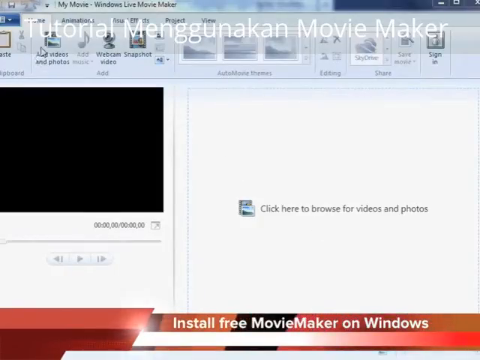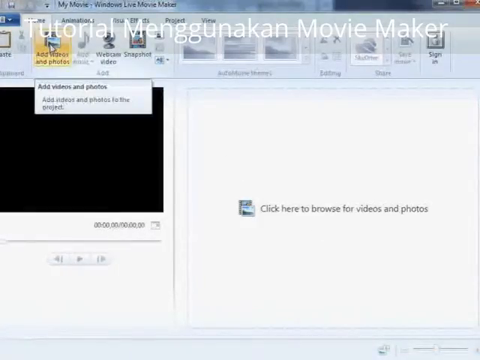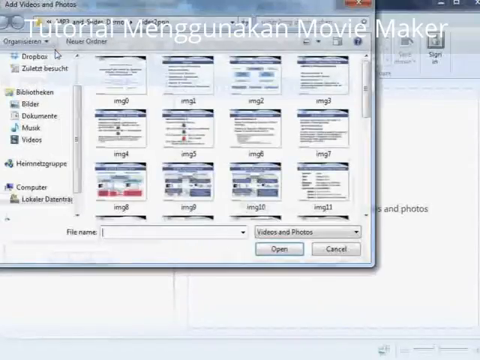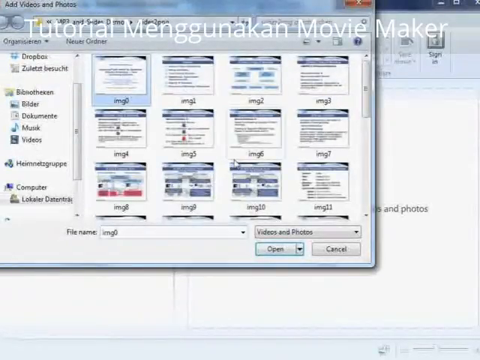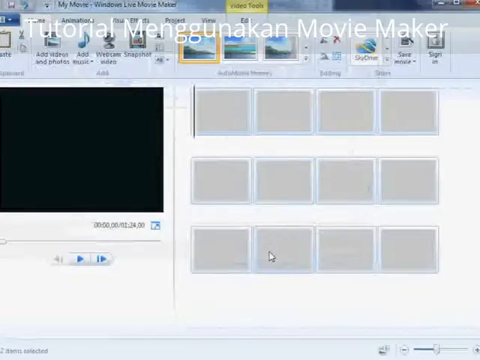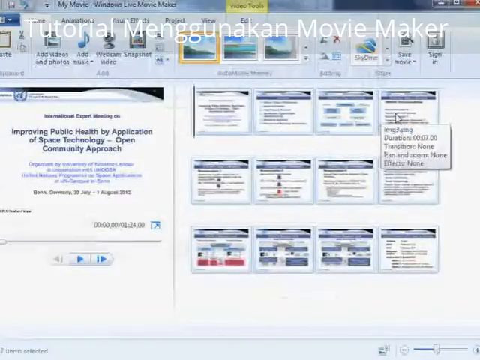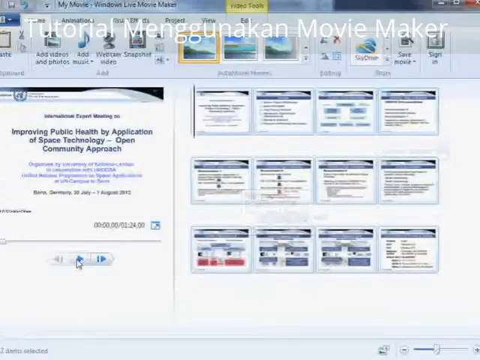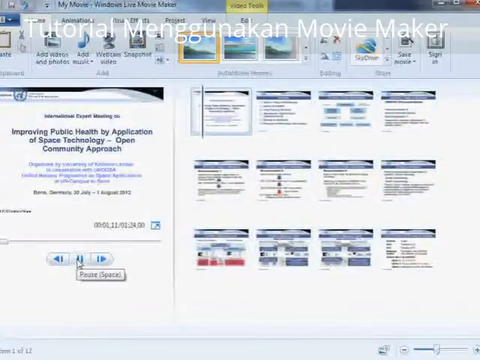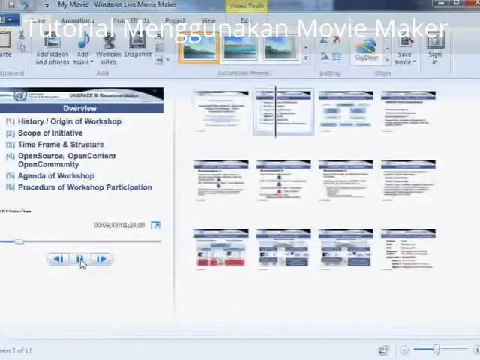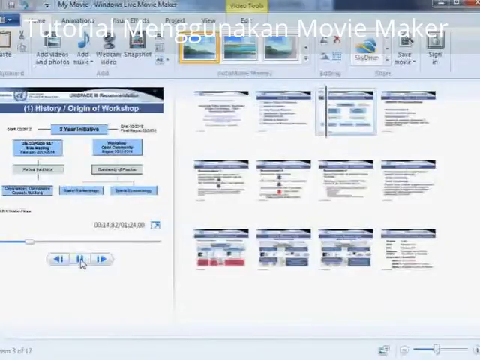So now we have started Movie Maker on the Windows system, and the first thing we do is import the images which were exported by LibreOffice before. The images are numbered image 0, image 1, image 2 and so on, and the audio slides are imported as well later. When we play back the video, we have 7 seconds per slide without any changes. It's the default setting for importing images. We have to adjust that later